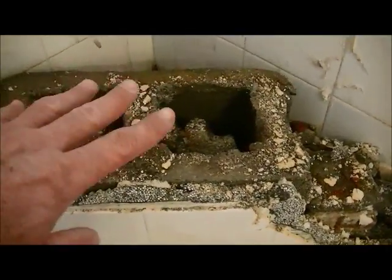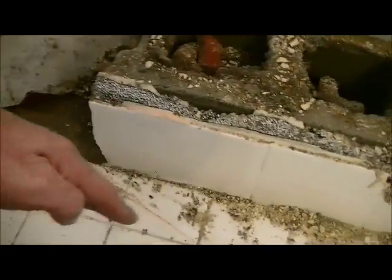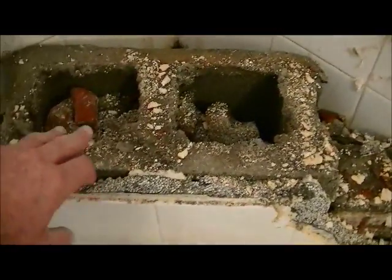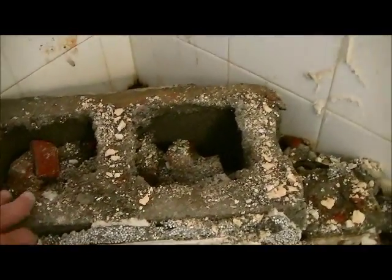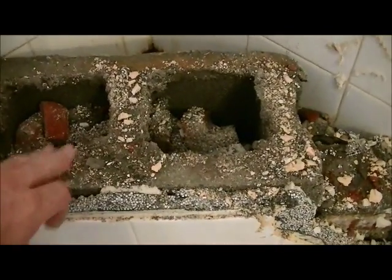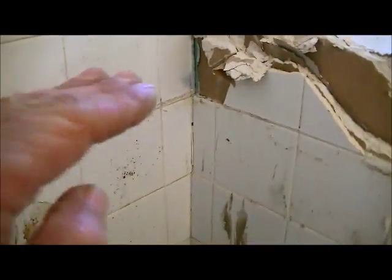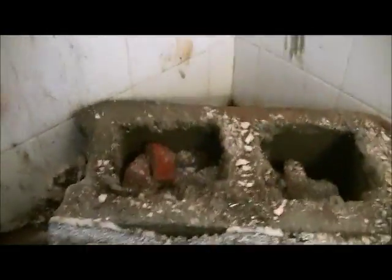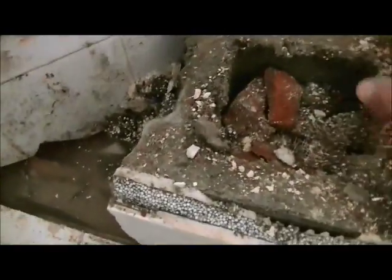What they should have done is build the bench first and then wrap the pan liner up along this block and everything. That would have prevented any type of moisture from getting into the pan, because they actually set the block and the concrete and the bricks and all that stuff into the pan with a bench top that was not going to be water impenetrable, because it's the same tile that was on the top. I don't believe it was sloped either, and then you have caulking issues where caulking can get behind the wall. So the whole point of me doing this video is this is just an incredible amount